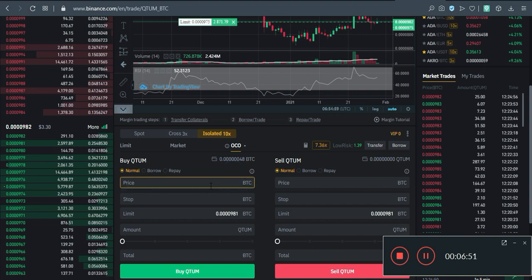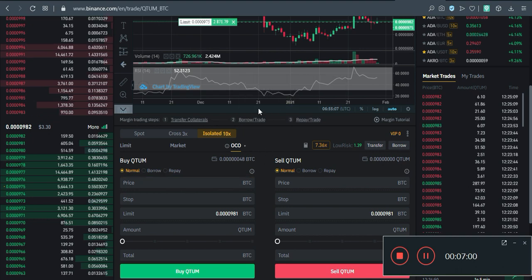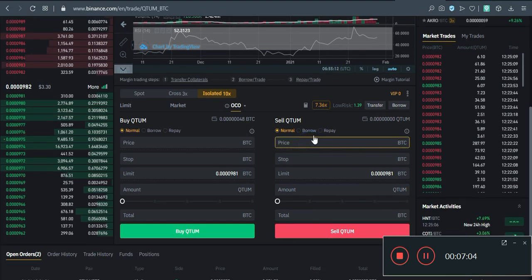OCO order means you can place your target and stop loss at the same time, because it is not like futures trading, it's a bit different. So in this isolated OCO order, I can place both my target and stop loss. This first column is for the target and this second is for the stop loss. So in order to place the target, my target is around,